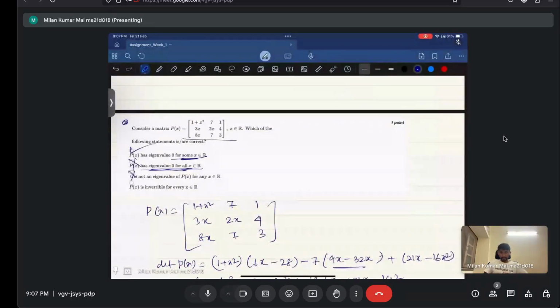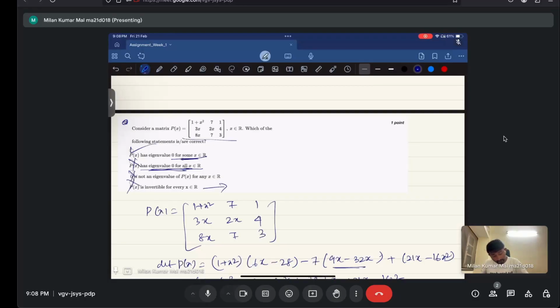So there must exist a real number x for which determinant of px is 0. That means for that particular x, the matrix px has 0 eigenvalue. Now px is invertible for every x, that is also false, because px is not invertible for at least one real number. So that is also option C correct,